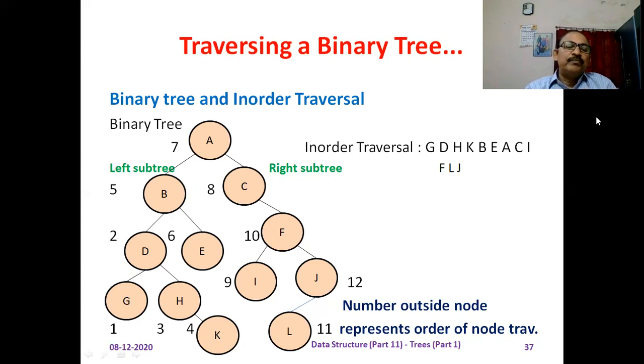What is the next step? In order traversal, right subtree of G. Here you can see null. Okay, what is the suspended activity? Most suspended activity is, you can say, the parent of this G node. Means control goes to this place, node D. Okay, so left subtree is done. What is the next step? Root node is processed. At this time, what is the root node? D. So D is printed on the screen.